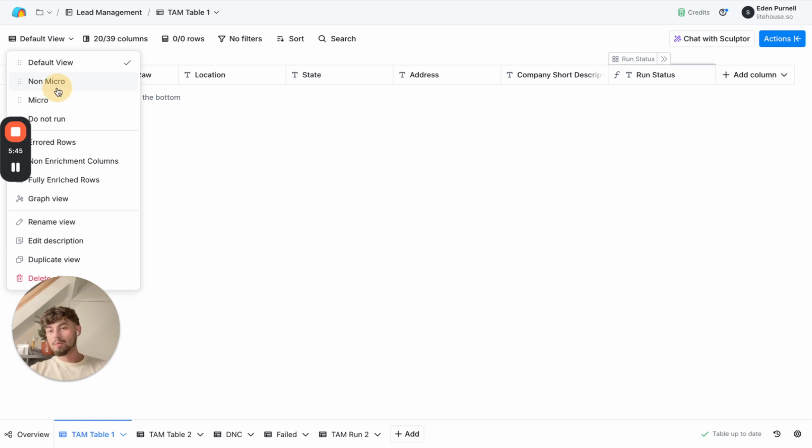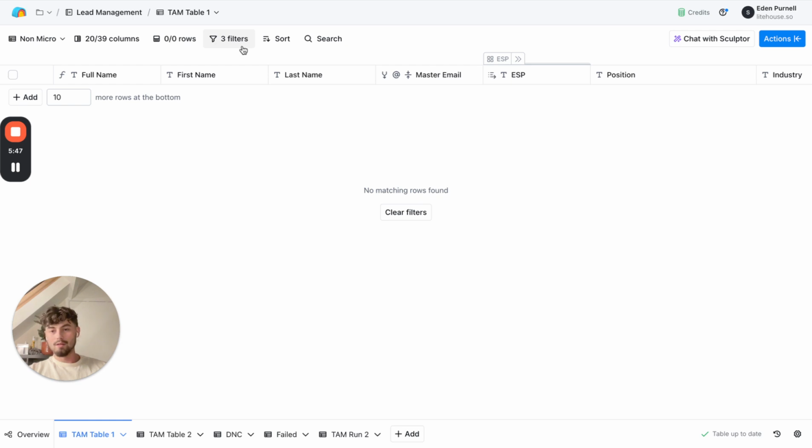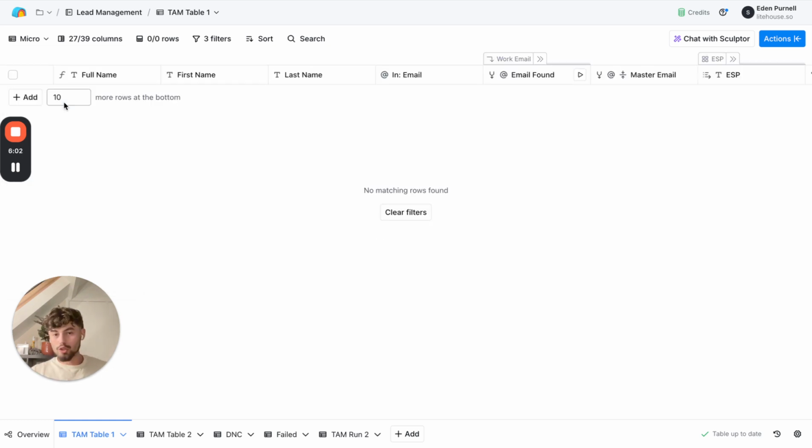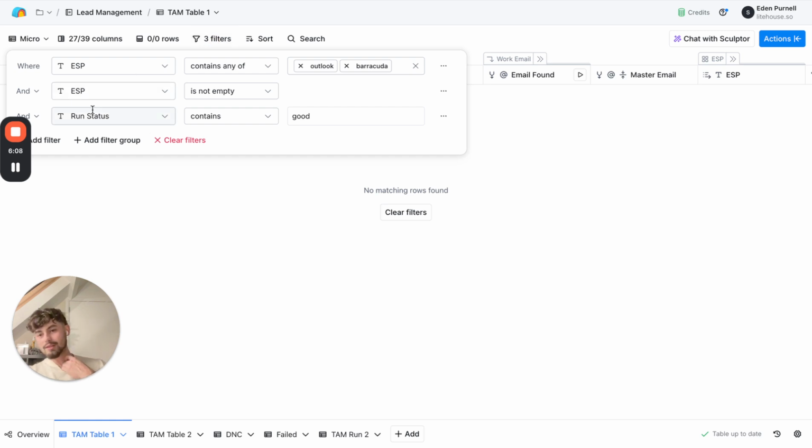And so you've got non-Microsoft, so this is all the leads that are not using Microsoft as their email service provider. And then we've got Microsoft. So those are just ones that are using Microsoft as their email service provider. And we've also got some other filters in place. So making sure that the run status contains good, which means good to run, and that the email service provider